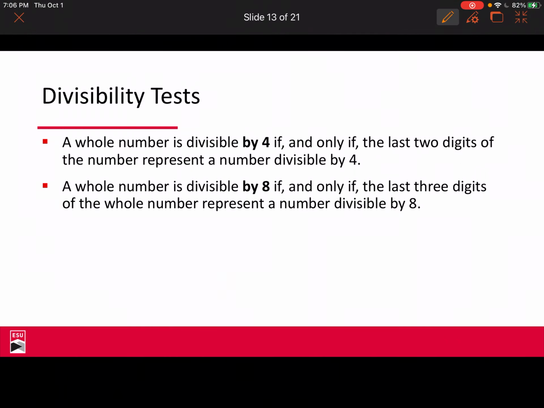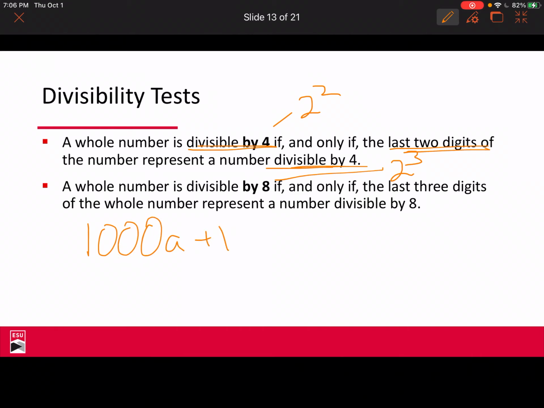And so we have 2 other divisibility tests for these powers of 2. We have our 4, which is 2 squared, and 8, which is 2 cubed. And it says a whole number is divisible by 4 if and only if the last 2 digits are divisible by 4. So divisible by 4 if and only if the last 2 digits are divisible by 4. Well, I'm going to write just a general number. 1000A plus 100B plus 10C plus D. So this is some 4-digit number. Pick your favorite A, B, C, and D. It could be